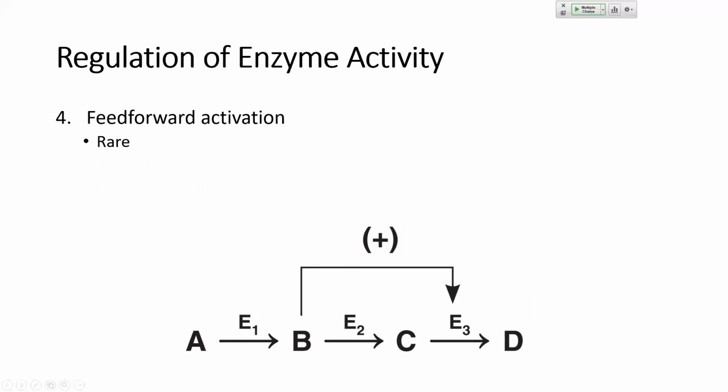So if we have a lot of the substrate B, we basically are going to turn off the enzyme 3, or turn on, I'm sorry, the enzyme 3. So if we have a lot of B that's building up, then we need this reaction to go faster. So we're going to go upstream and turn on or increase the rate of enzyme 3. Whereas if we have too little of substrate B, then we are going to turn off or decrease the reaction of enzyme 3 because we don't need it as much, right? We have a little bit of B, and so the reaction can proceed in a